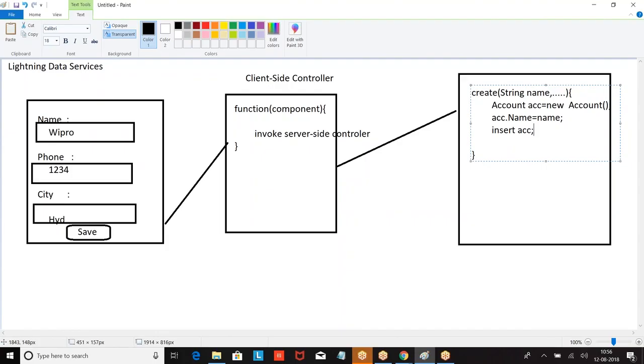The client side controller calls the server side controller, and in the server side we perform the DML operation and give the response back to the page. This is a regular structure what we follow.